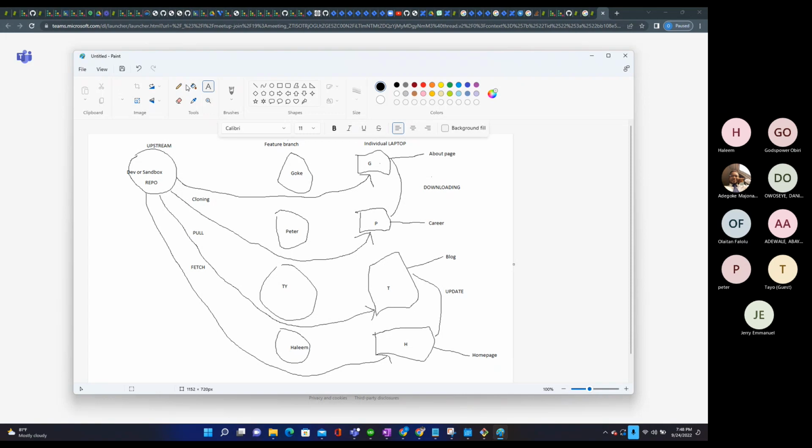He creates it on his local environment. It's going to push. All of them are going to push. So what they are doing here... All right, so they are going to push. So once they push,